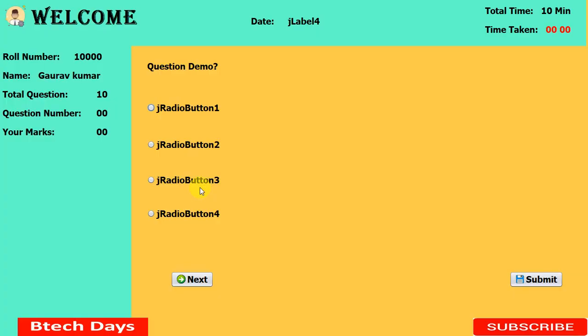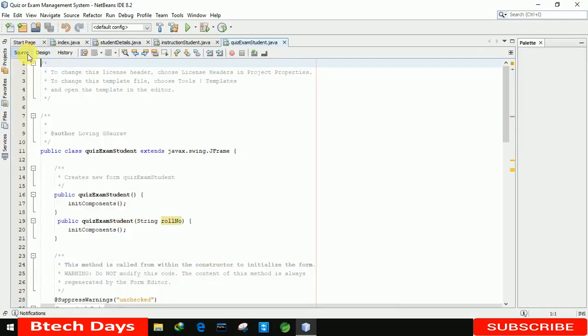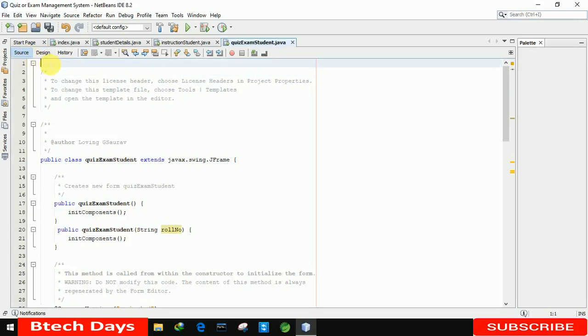Okay, you can see our front-end part has been completed. Now we have to write the codes for the backend. So let's start. Now it's time to write the codes. So moving to the source, and here we are going to